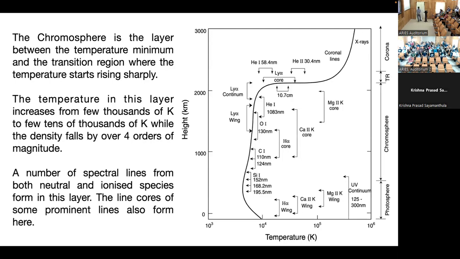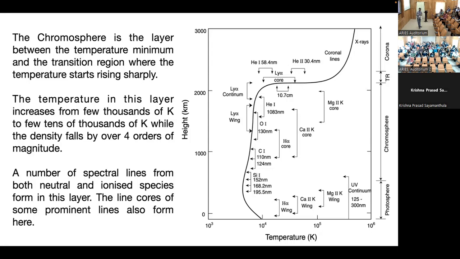So we move to the solar chromosphere. I have only a few more slides. Don't worry, I'll not take too much of your time. So we move to the sunspot chromosphere. Again, for each layer I'll be introducing what kind of features you can look at when you look at the observations